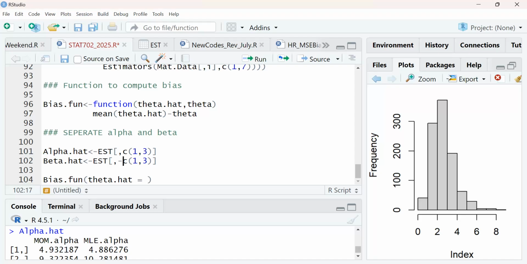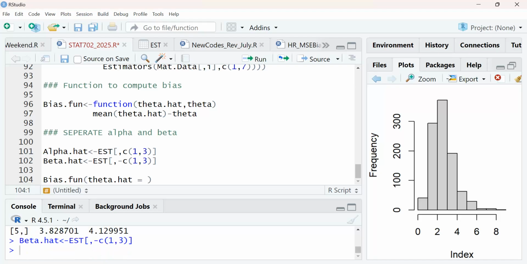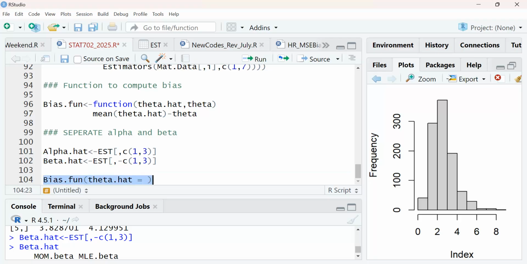So I can also put in 2 and 4, and that's it. Okay, and then let's look at the beta. So there it is. ML beta. Okay, so now we can apply. If I have it this way, then it becomes easier for me to use the apply function.